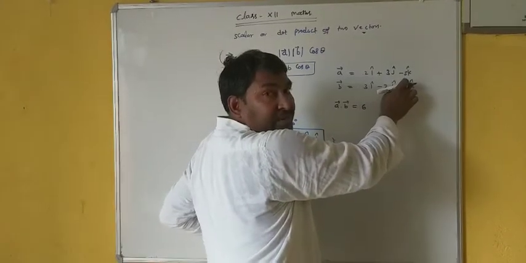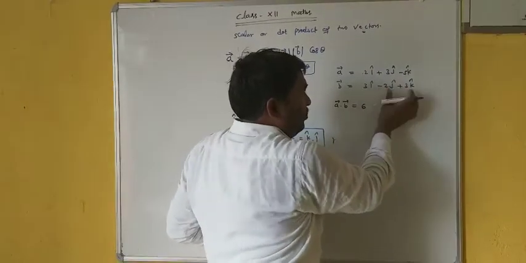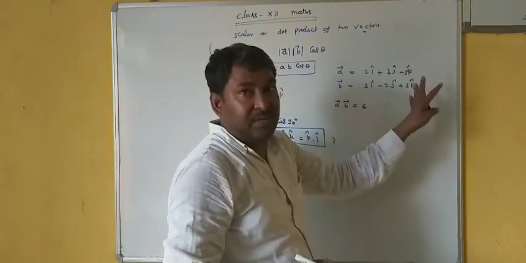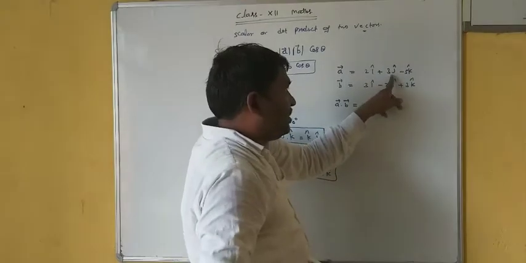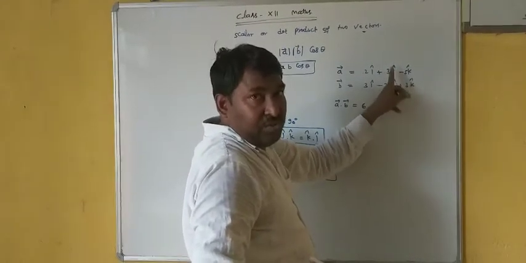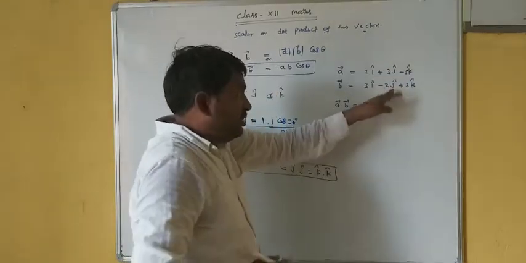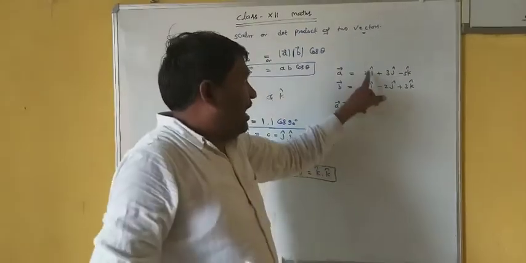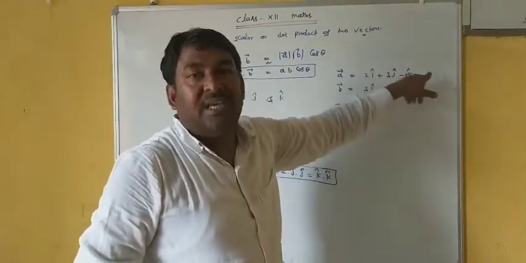Similarly i dot k will be 0. And therefore I am not writing these two products since that will become 0. Now taking j cap, the j cap product with i and k will be 0. It will give only with j. Therefore the simple conclusion is that we multiply i with i, j with j and k with k.